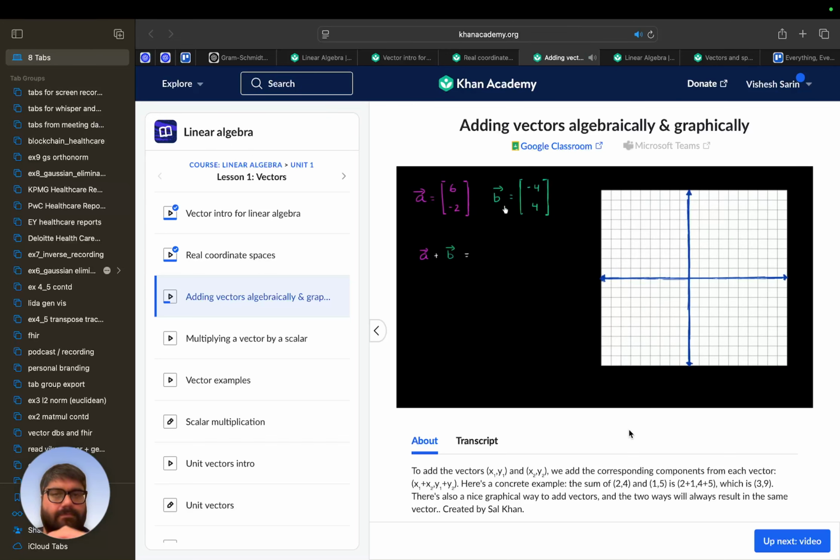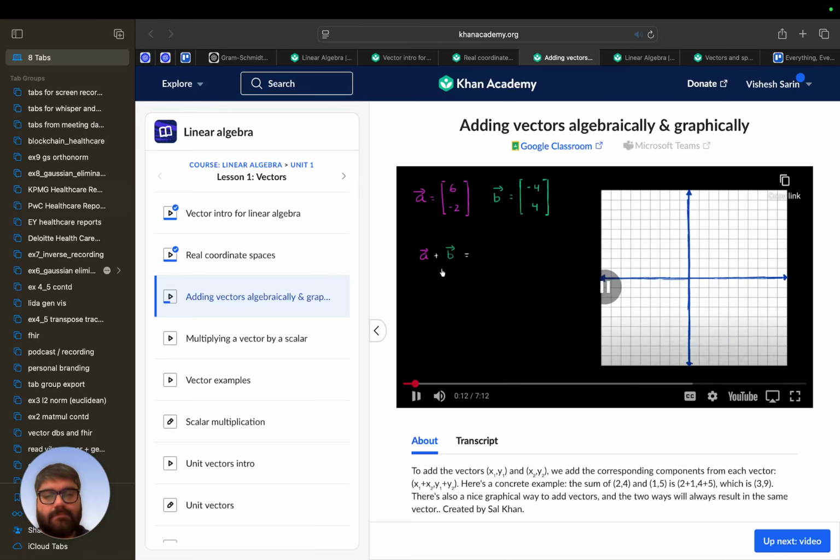Two-dimensional vectors right over here, vector A and vector B. And what I want to think about is how can we define, or what would be a reasonable way to define the sum of vector A